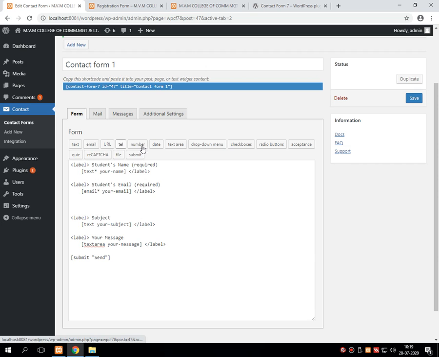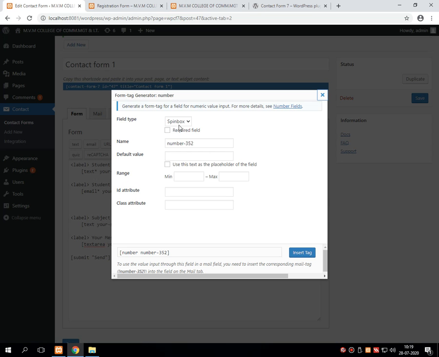Sorry, instead of telephone we have to go for number. Then I am giving the name your number, minimum 10 as well as maximum 10. I am putting the ID attribute and class attribute as blank.